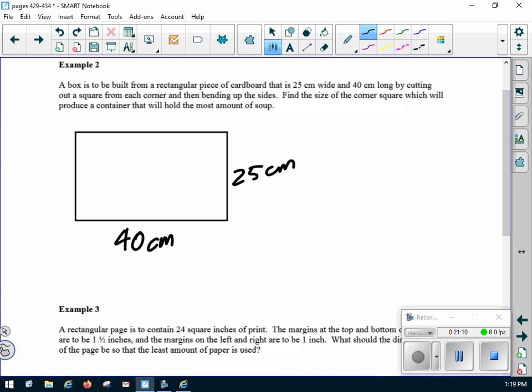Okay, right picture. We're going to cut out a square. I have a rectangular piece of cardboard, and I'm going to cut a square out of each corner. Now keep in mind what's going to happen is